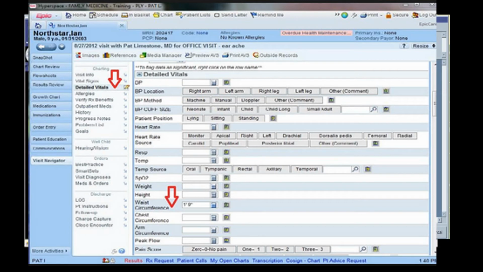Epic system, and again, when I bring these up and show examples, these are training patients. These aren't real patients, so I'm not disclosing any PHI or anything. It's a training thing. Ian Northstar is not a real person; that is a 0-year-old. But Epic is the electronic medical record, and we actually run our radiology information systems through it, which is pretty